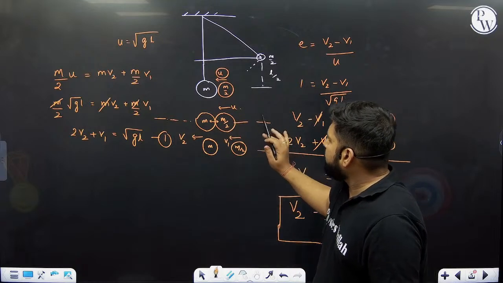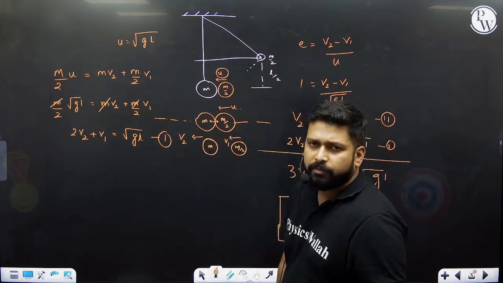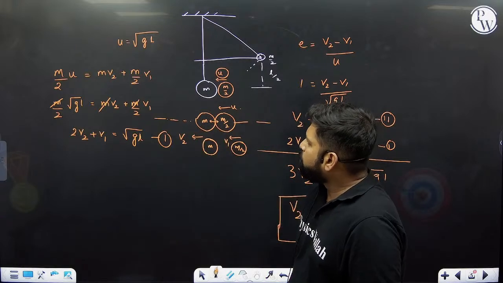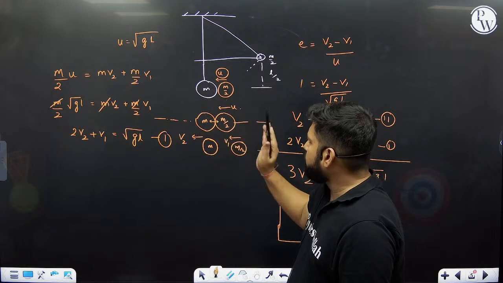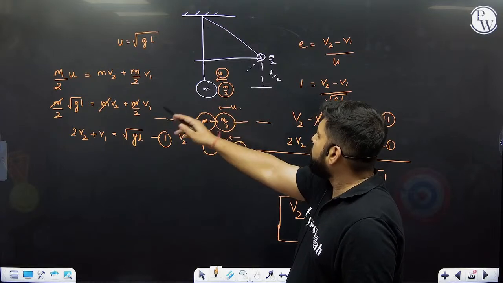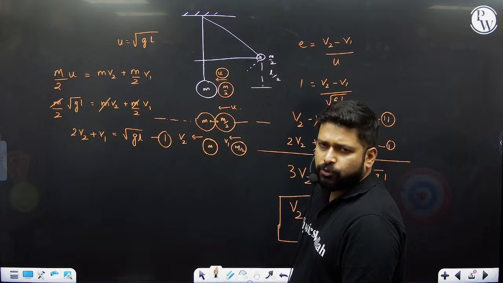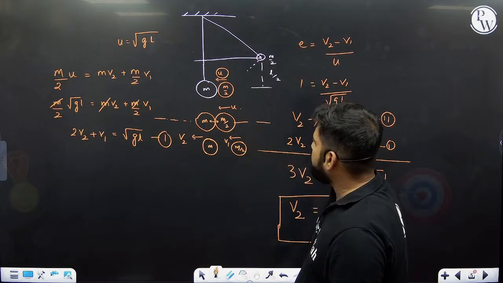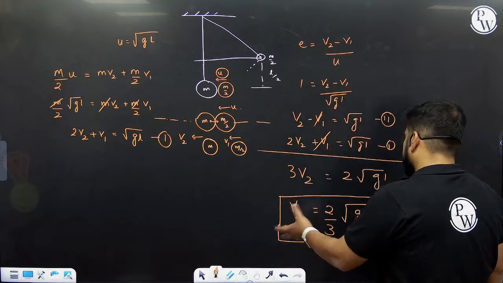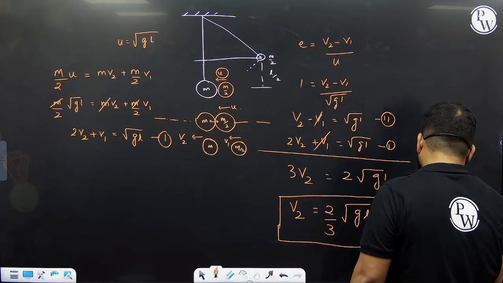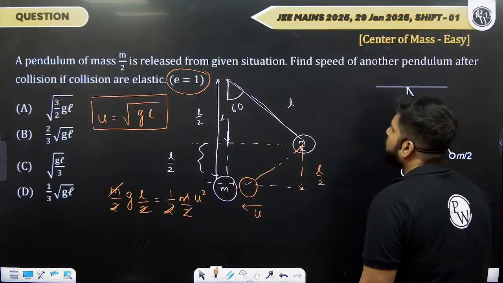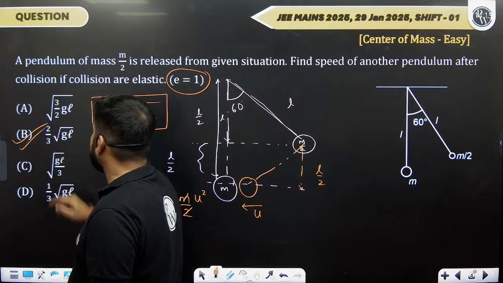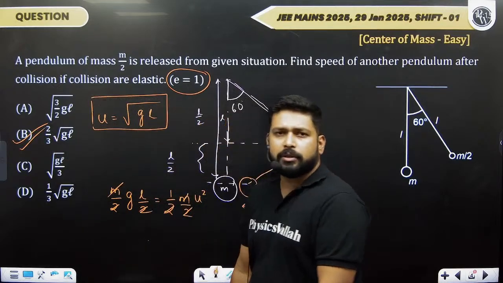And then once we have got u, we applied the concept of collision. Two equations will always lead us. One equation is conservation of momentum, so initial momentum of the system is equal to final momentum of the system. Initial momentum will be only m by 2 times u, because the other mass is at rest. And we were supposed to find the value of v1, which is simple; v1 and v2 can both be found out. It's pretty simple now. So if we go back to the question, you can see that option B is the right choice. That should be the correct answer to this simple problem.